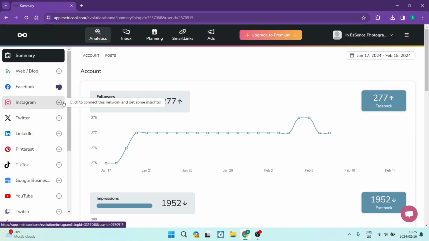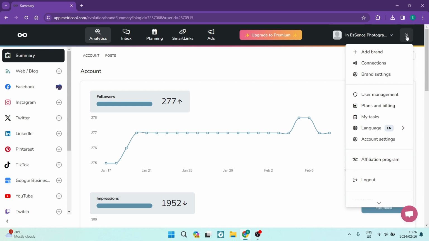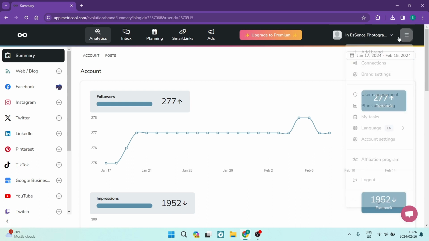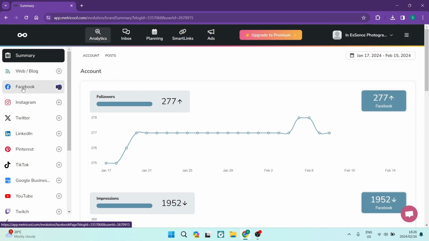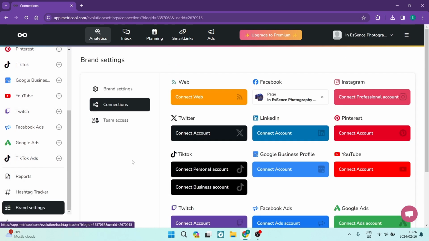The second way of doing this is locating your brand settings, and there's two places you can find it. Either at the drop down menu at the top over here, you'll find brand settings, or if you go over onto the left hand side, this menu, you'll find brand settings all the way at the bottom. Now, whichever way you connect to brand settings, you can now see that there's Instagram, and here it says connect